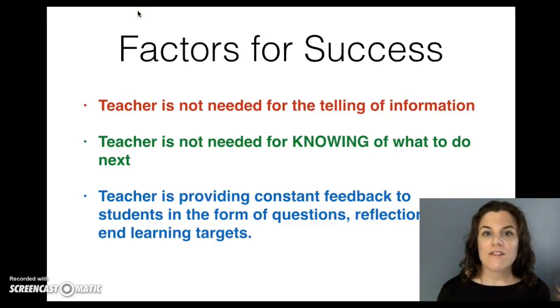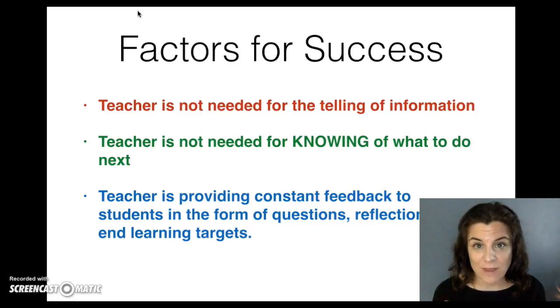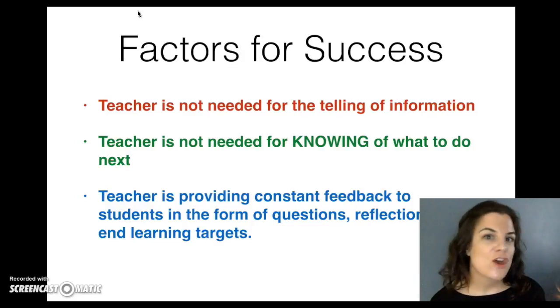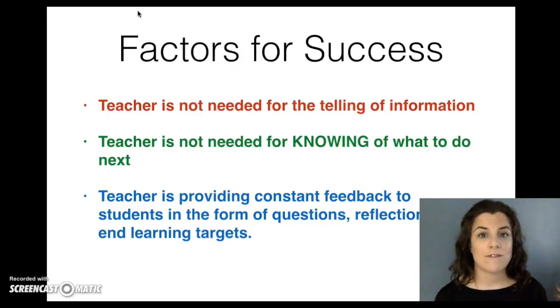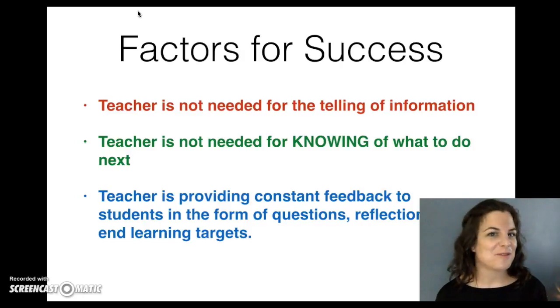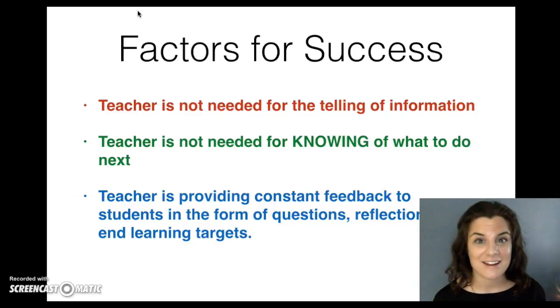And then the thing that you need to be aware of, because right now you should be having a panic attack, what's the purpose of me, is that you are constantly giving feedback. You're giving the feedback in forms of formative assessment. Do not think of a sheet of paper that you collect, check, and then hand back. That's the whole reason for flipping, is that you don't have to do that. If they were going to do a 2-minute formative assessment, you have an opportunity to check and give feedback on that 2-minute formative assessment immediately. Grading for flipped classrooms is done in class.